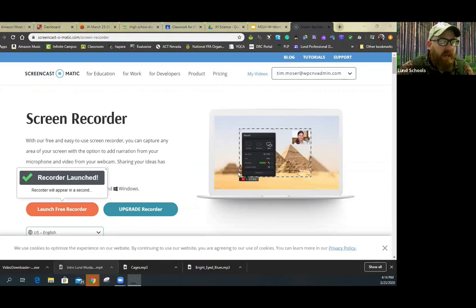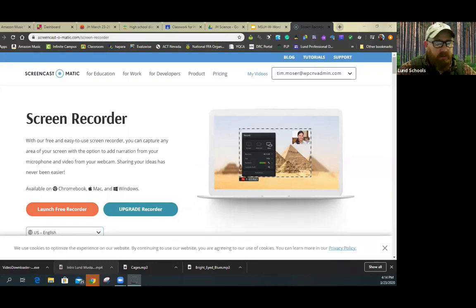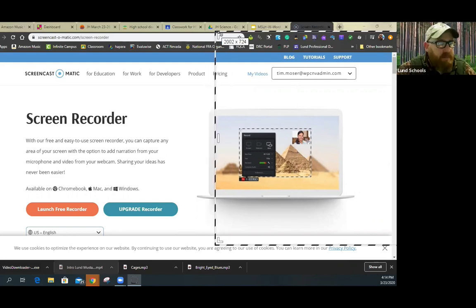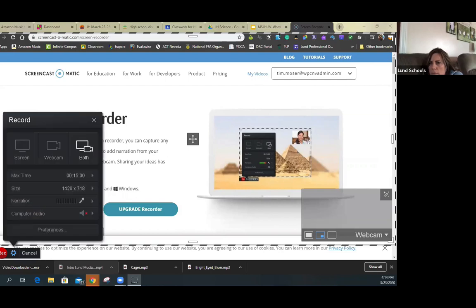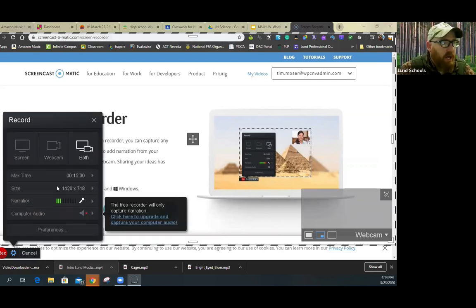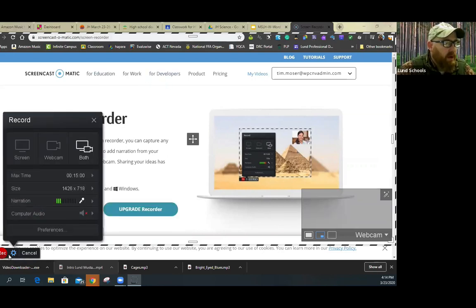If you do it this way, the recorder will have a little watermark on it. So okay, then it comes up with this little block right here. So just everything inside of this block will show up, and then all you have to do is hit